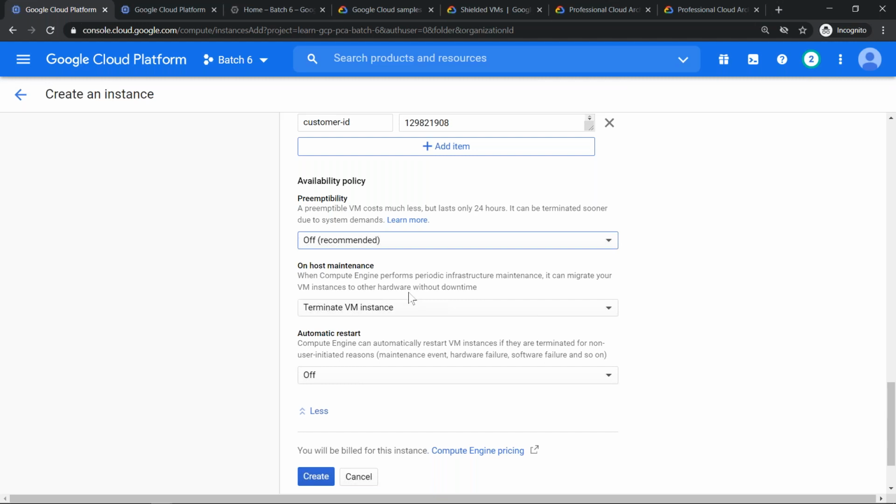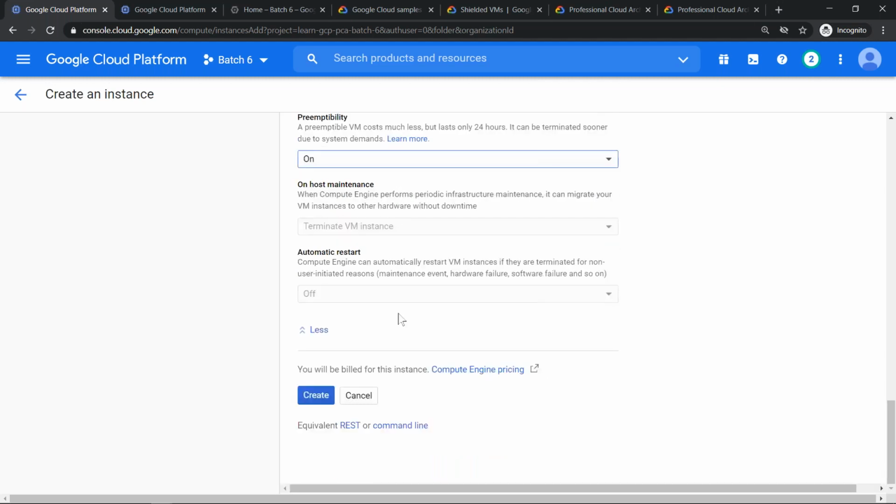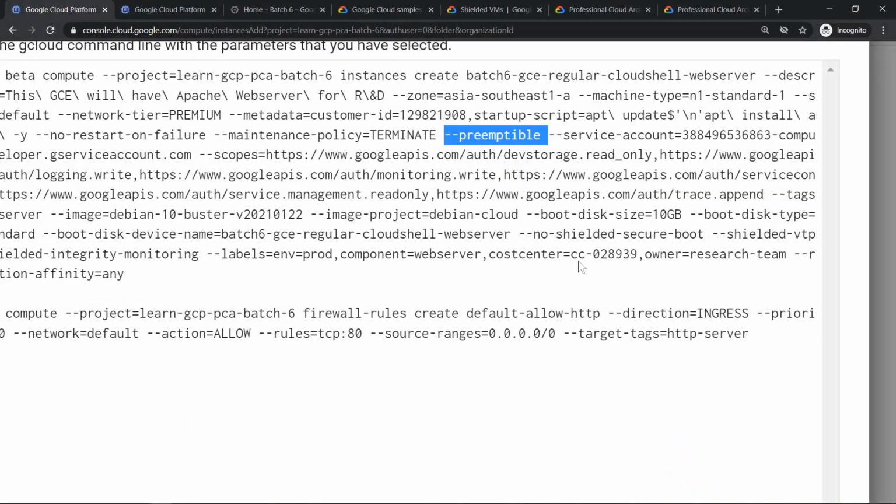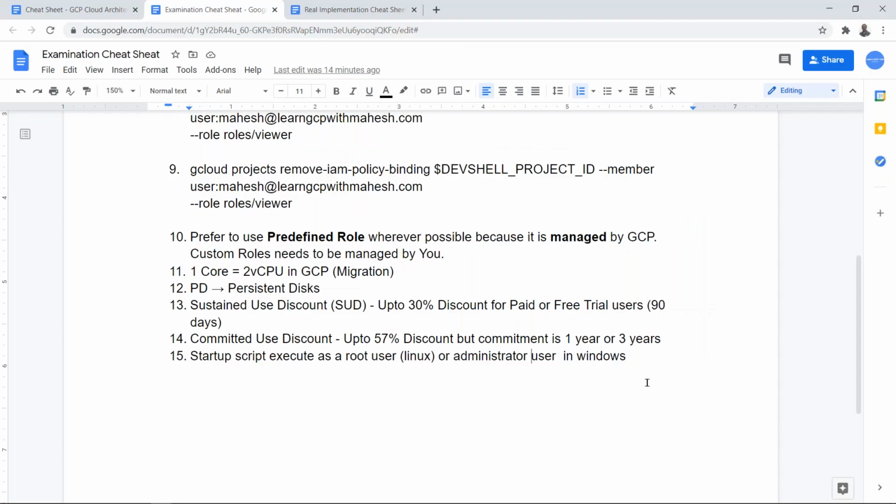So this itself could be an important thing from the exam, preemptibility or non-preemptible regular VM. If I just look at the equivalent of it, the flag which is going to make my virtual machine preemptible or regular VM is this flag, folks. Hyphen preemptible. Very important, could be a question. Let me just add it here. Specifier flag or specifier